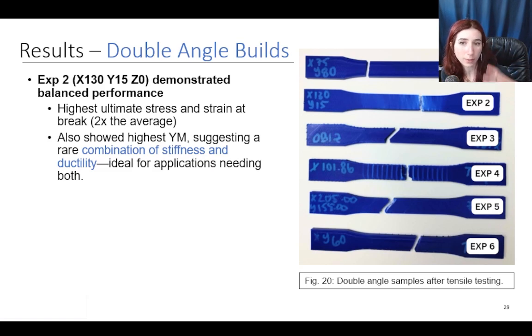Looking at experiment 2, our X130Y15Z0 gave us what appeared to be balanced performance. Looking at our fracture zone, or at least the gauge region of this part, we see an even, essentially weakening of the part from that lighter discoloration. It had the highest ultimate stress and strain at break, which was 2 times the average that we observed. And it also showed the highest Young's modulus, suggesting a very rare combination of both stiffness and also ductility, which tells us that there are unique build orientations or process parameters ideal for applications that need both a little flex